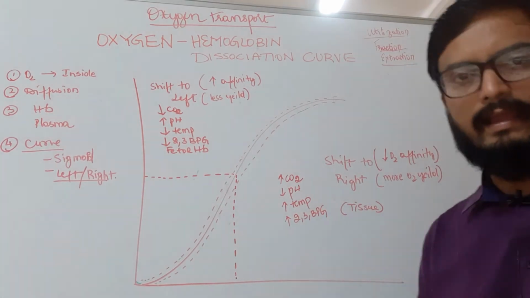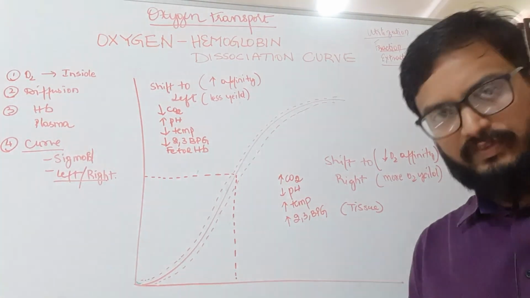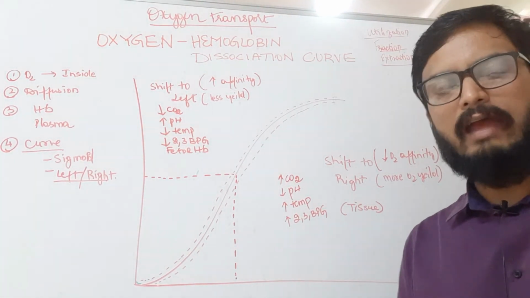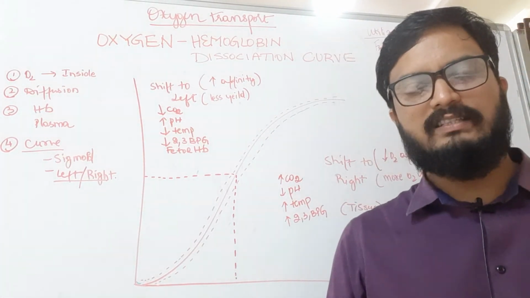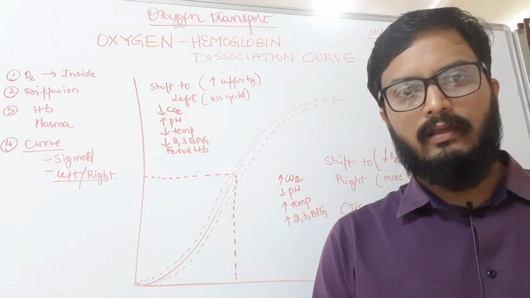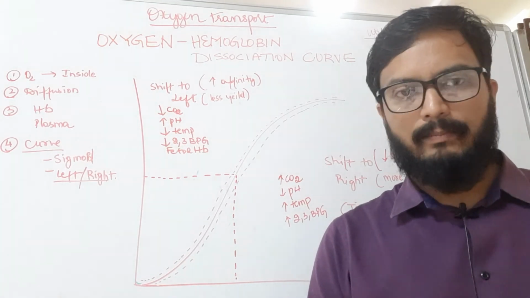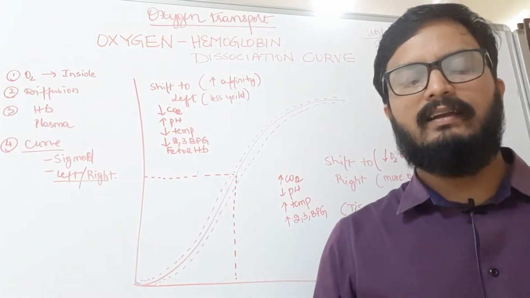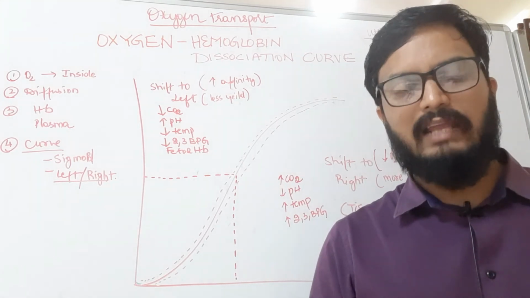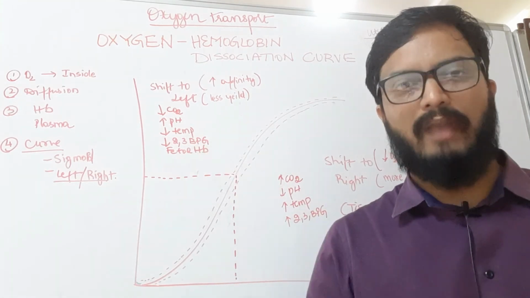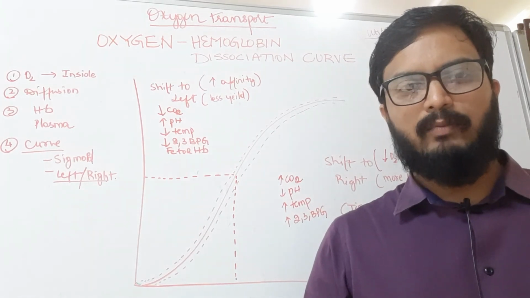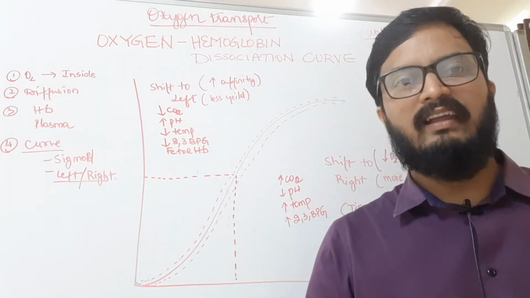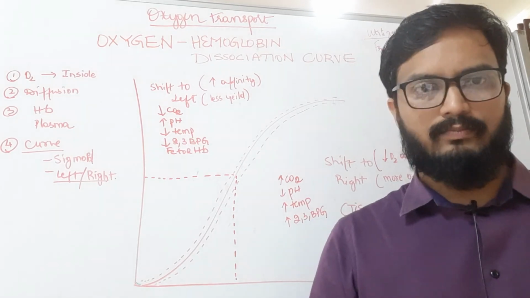To see again the oxygen hemoglobin dissociation curve, we have explained that this curve describes the oxygen loading and unloading with the hemoglobin molecule. We had stated that it is a sigmoid curve where we have the steeper end and also the plateau end, and each reduction in the PO2 in the steeper end yields more oxygen.